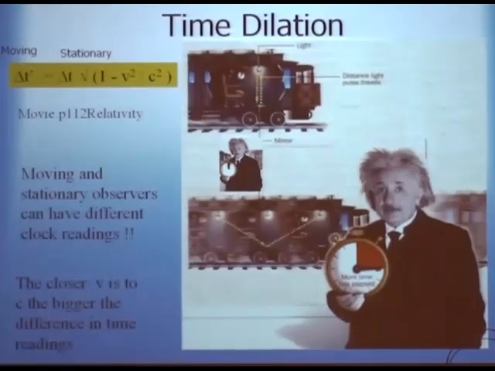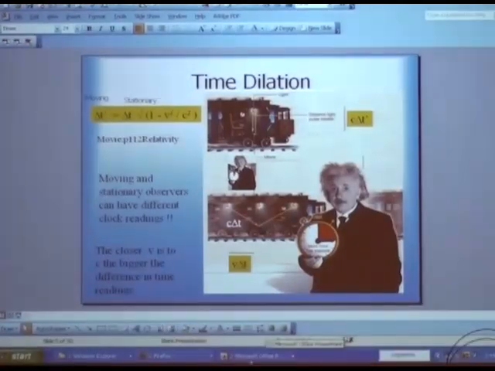But the guy on the ground will see the train moving and the light beam going up and down, and so the path of the light beam really is not this path, but it's this path. Follow? Which means that the light will take longer to go from here to there, and so his clock will read more time. So for the same event, namely the light beam going up and down, the guy on the train says it took 1 second, and the guy on the ground says it took 10 seconds, because it has to travel this much. Now it doesn't go any faster, right? The point is the light goes at the same speed.